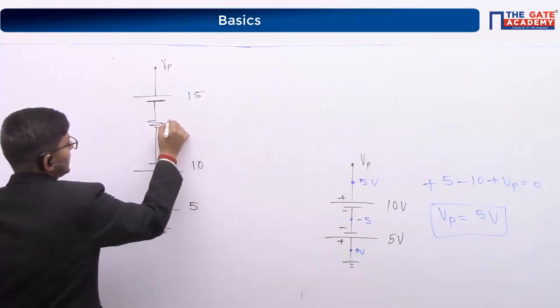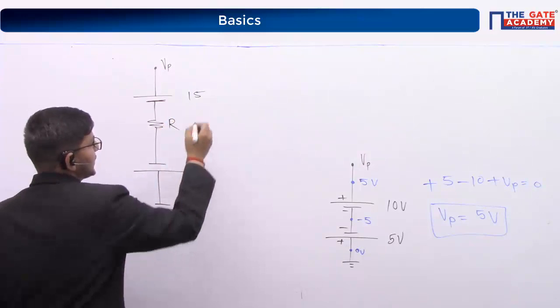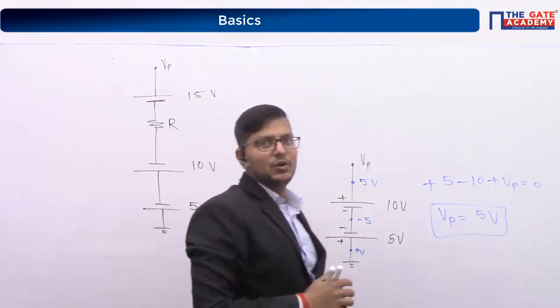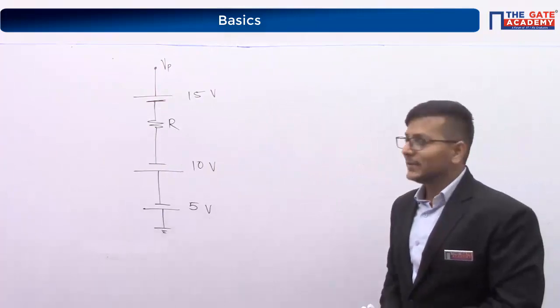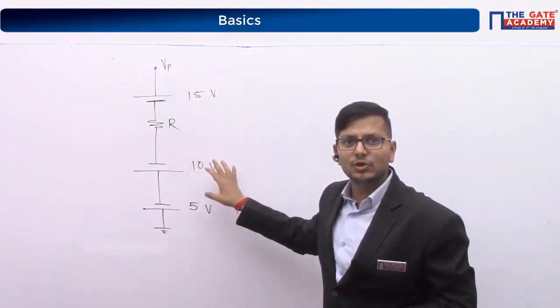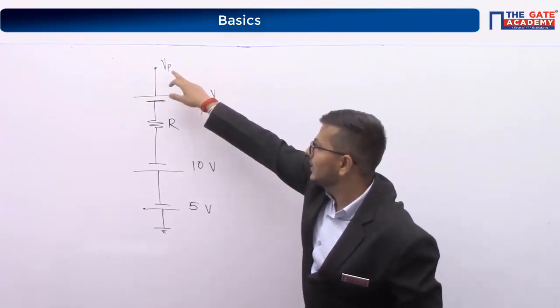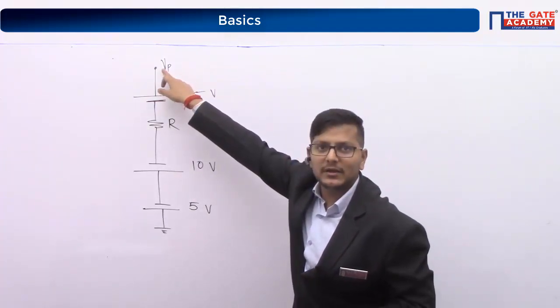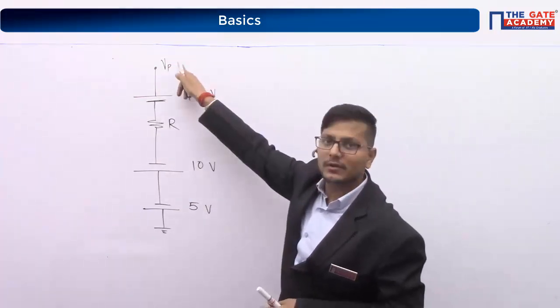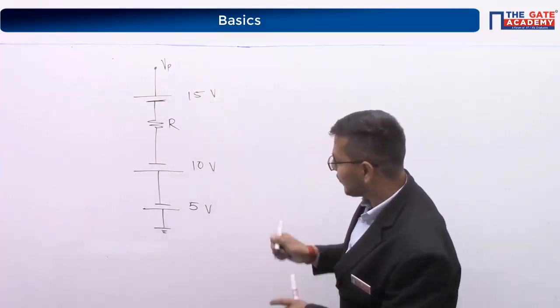Okay, I am going to change the question. This is the circuit like that. Just tell me the voltage Vp. What will be the value of Vp? Okay, let me explain. Let me find out the value. Just tell me, is this open loop or closed loop? All of you know the circuit is open from this point P. From P, this circuit is open. Now we have to find the voltage Vp, right? So just apply the KVL from down to up.